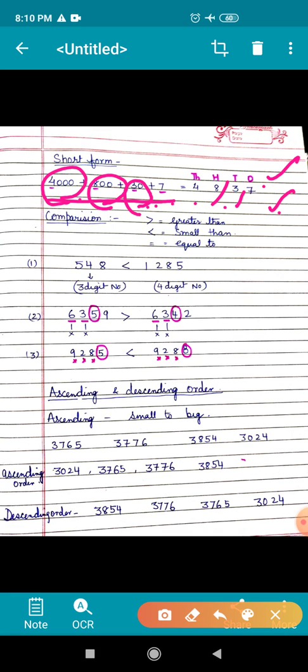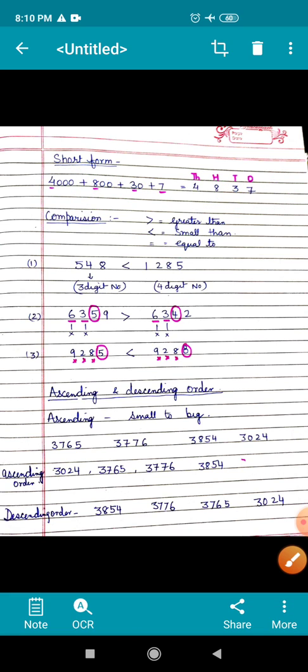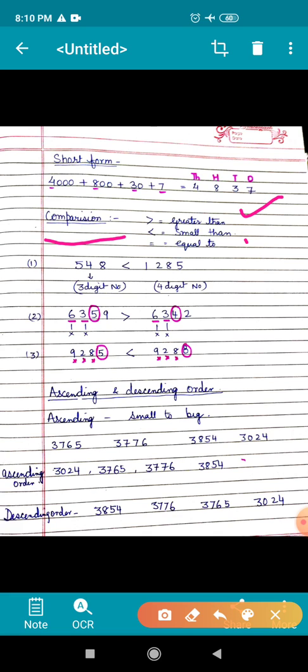So the answer will be 4837. Okay, hope you all have understood. Now let us have a look at the comparison of numbers. Children, this is the greater than sign, this is the smaller than sign, and this is the equal to sign. Okay, now how can we do comparison? Children, here just have a look at this first example,